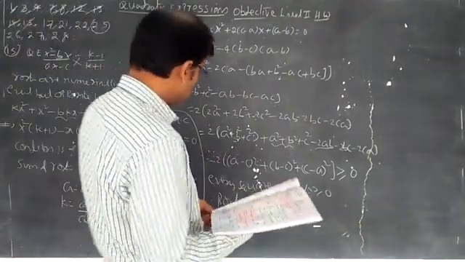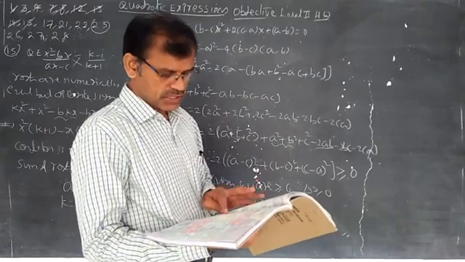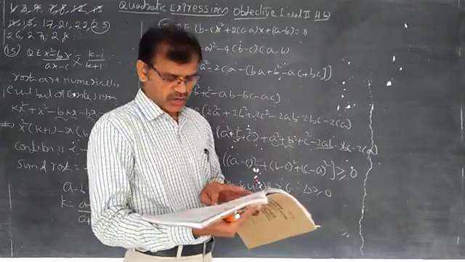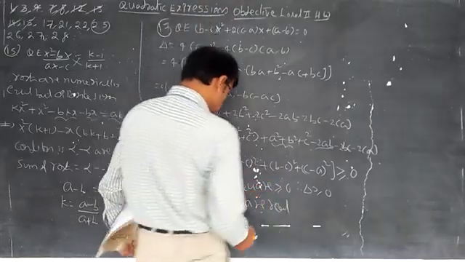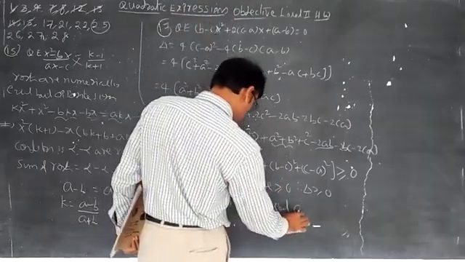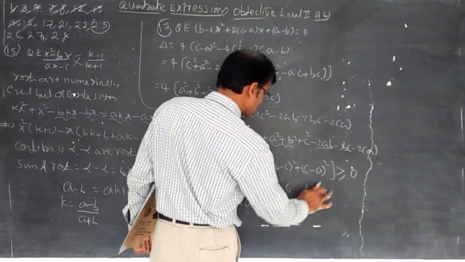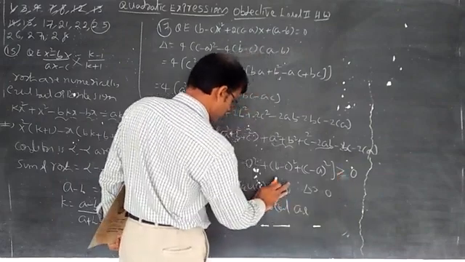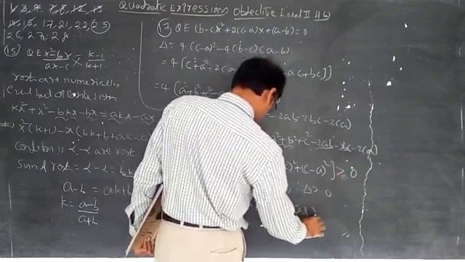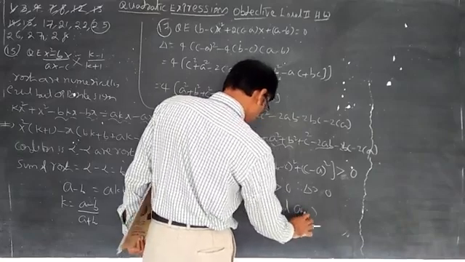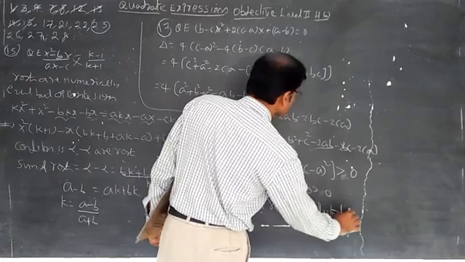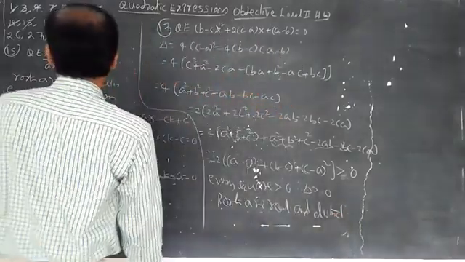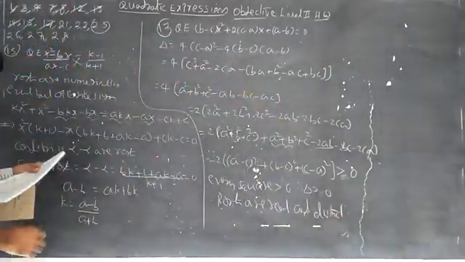So whenever a not equal to b, b not equal to c, c not equal to a, whenever it is a square, it becomes a quadratic identity. So the roots are real and distinct, right? There is no question of delta being equal to 0 here. Real and distinct. 17th question completed.